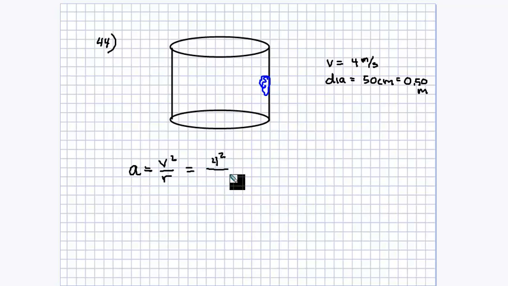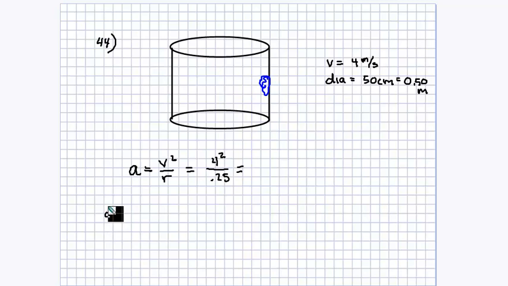Do we know r? Well, we can get it. The diameter is a half a meter. The diameter is all the way across. The radius is half of a diameter. So half of 0.5 is 0.25. And there's our acceleration. Part B, is this centripetal or centrifugal? I'll let you decide that. And part C, we're going to try to find the